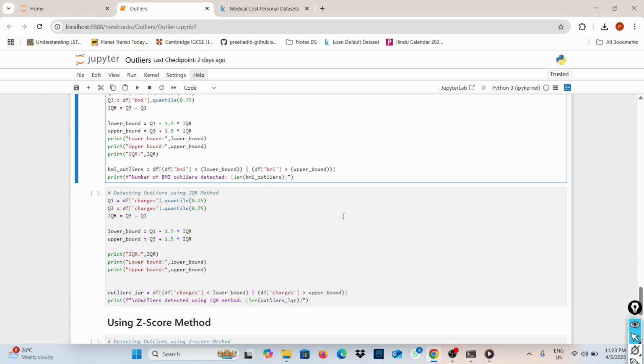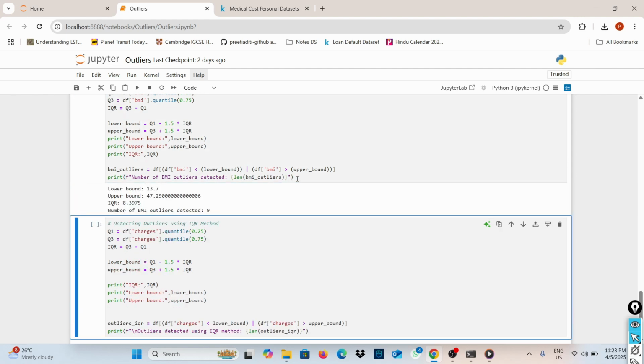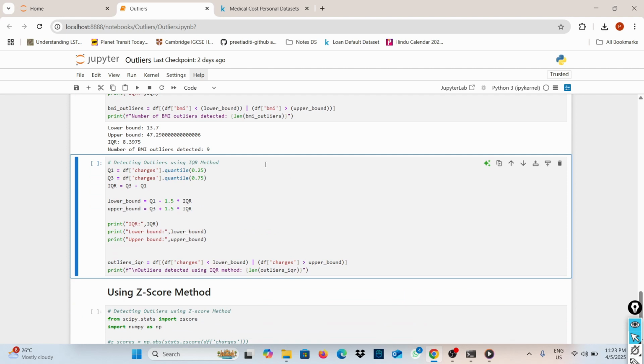Then I'm simply printing the length of those observations. So let's execute this code, and I can see that the number of BMI outliers detected is 9.